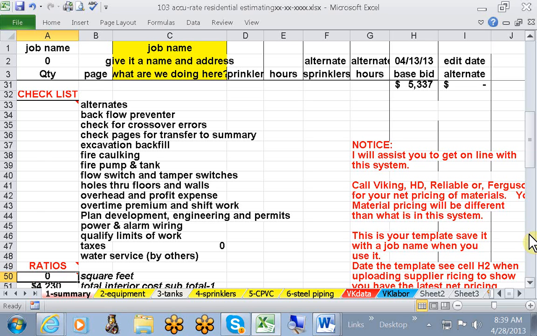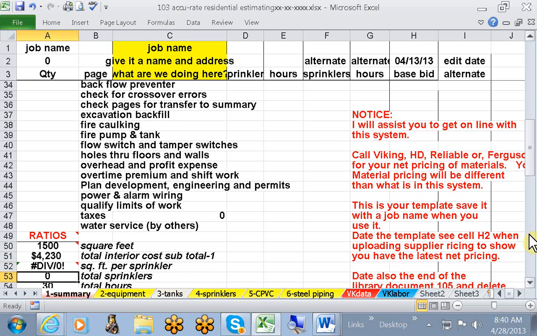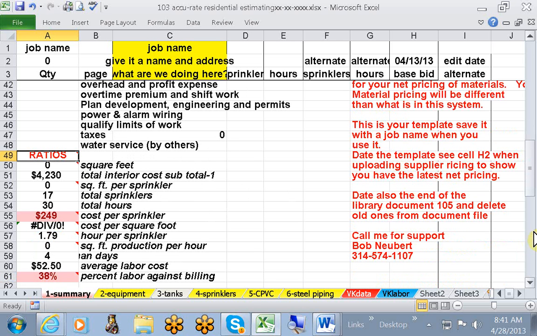We have ratios. The building, that area that we're sprinkling is 1,500 square feet. Therefore, it's and the cost $4,230. Ratios are important. It gives you some idea as to what can happen should a mistake be made. But the building area is 1,500 square feet. The cost, subtotal 1, is $4,230. Therefore, we got 88 square feet per sprinkler, 17 sprinklers, 30 total hours. The cost is